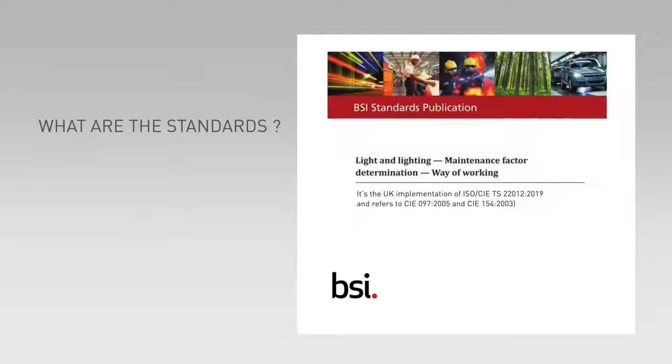And that refers to CIE 97 2005, which determines the luminaire types, etc. It's an update on some existing documents because we are now using predominantly LED, and all of the other maintenance factor documents were based on lamps that had a much shorter lamp life and a bigger deterioration. So it had to be updated. It's not been updated absolutely. There's still a few anomalies in there because they're just a little bit old,